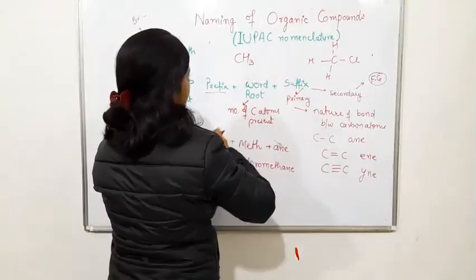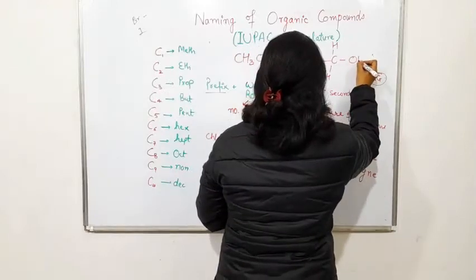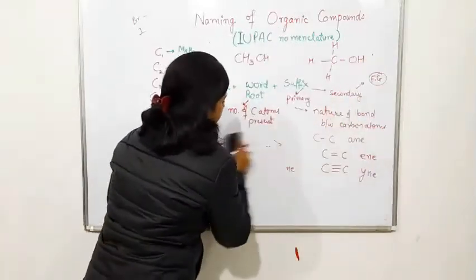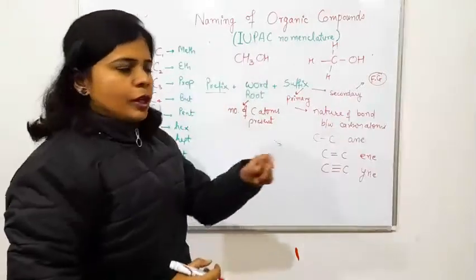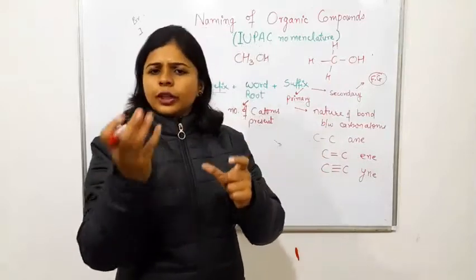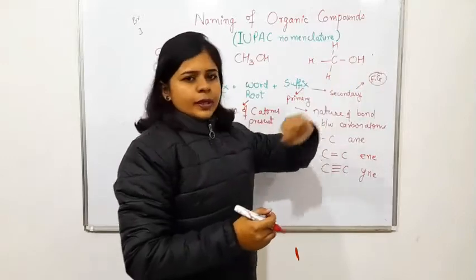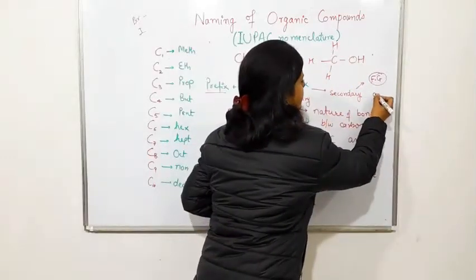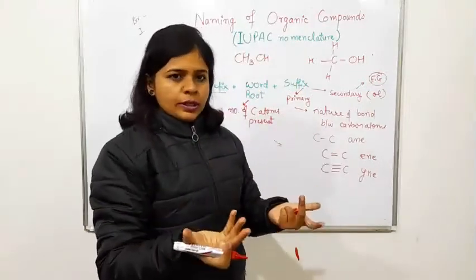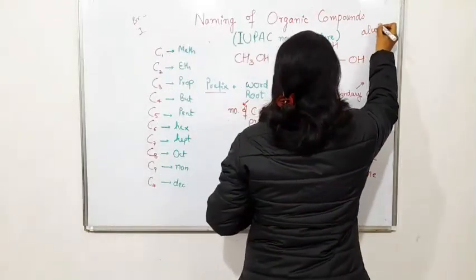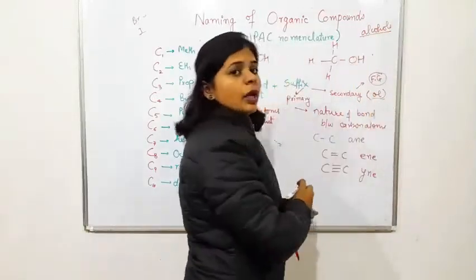This time I have CH3OH. The structure is this. Now what is OH? OH is basically a functional group. Now what is a functional group? A functional group is a set of atoms that gives particular properties to the compound. Now whenever OH is present, we use the secondary suffix -ol. Basically, compounds with OH become alcohols. The general name is alcohols. Whenever alcohol is there, the secondary suffix will be -ol.